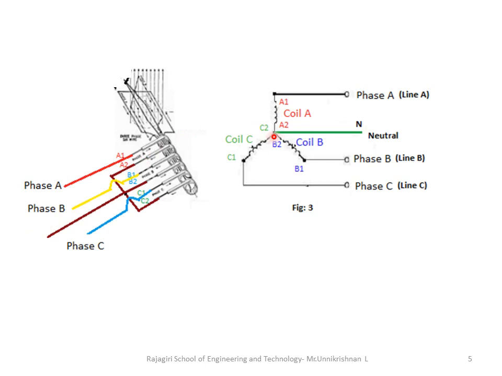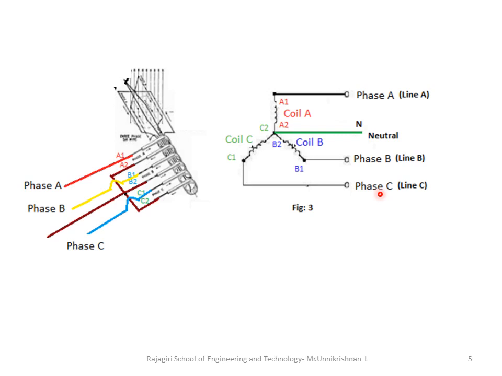in this figure 3. See, coil A, coil B, coil C are placed and the positions of A1, A2, B1, B2, C1, C2 are all given there. Which are the common terminals you have connected? They are A2, C2 and B2. So this point you have to mark as neutral. The other points are A1, B1, C1, which will be phase A, phase B, phase C.